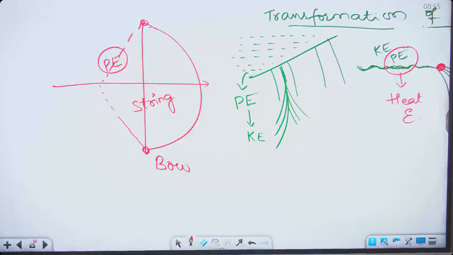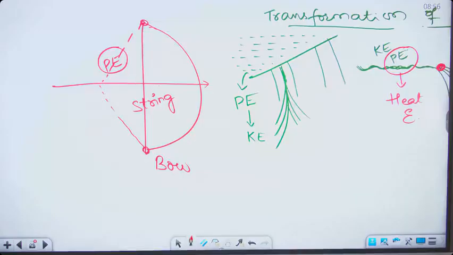Temperature at the top of a waterfall is slightly less when compared to temperature at the bottom of waterfall,